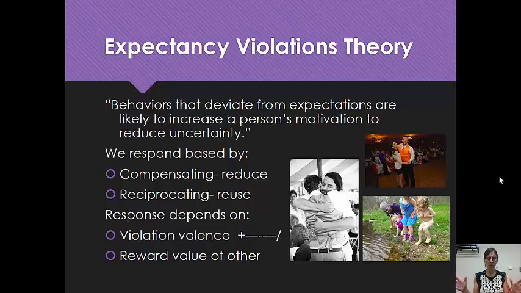So it's what the perceived violation is in terms of the valence on a scale of whether it's positive or negative, and even maybe whether it's neutral or neutral towards negative or neutral towards positive. The other thing that happens with expectancy violation that we need to consider is the reward value in the other person. Is there a reward value in the relational dynamics that I have with this other person?